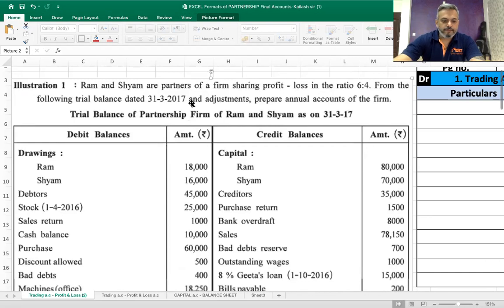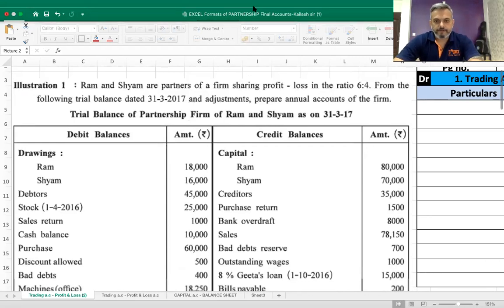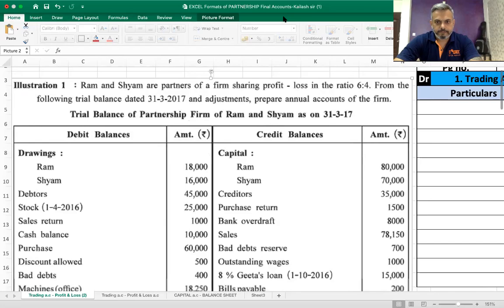Now, as you know, the first step is, okay, the first step over here is we will take the important adjustments, the accounts which are affected, and